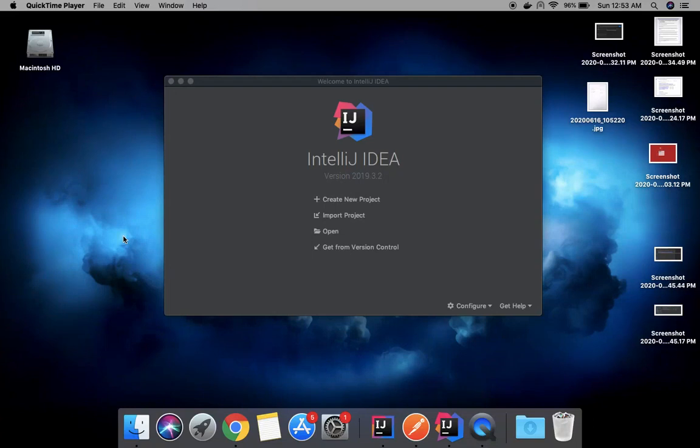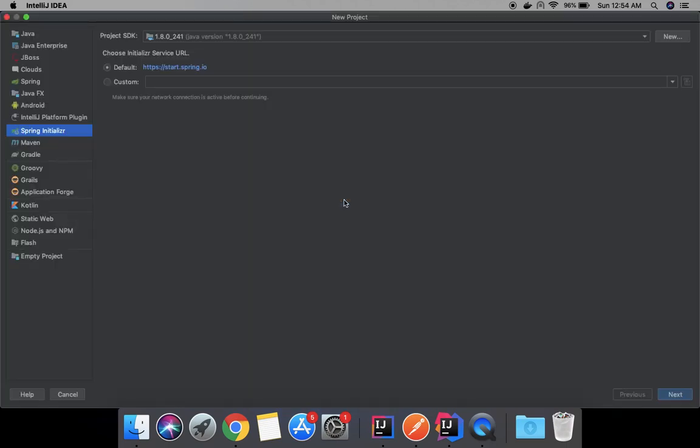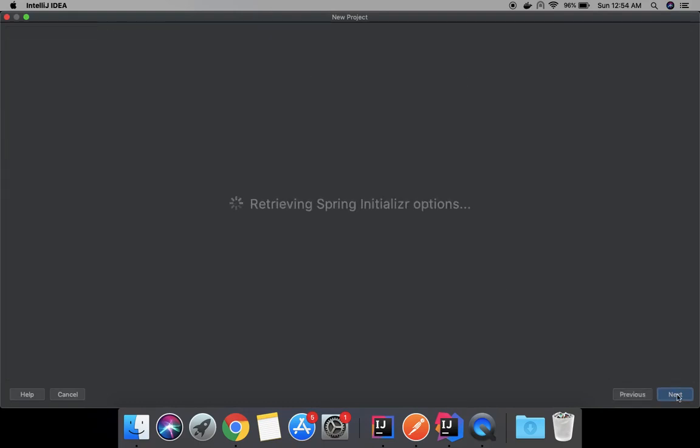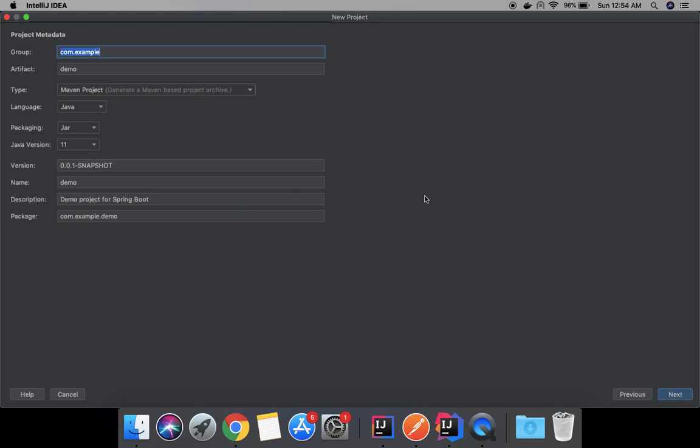Okay, so in this tutorial, I'll be implementing a JWT based authentication layer in a Spring Boot application. So let's first start by creating a simple Spring Boot application. I'll be using IntelliJ for this tutorial. I generally use Spring Initializr to create any new project. I'm going to name the project JWT Spring Security.